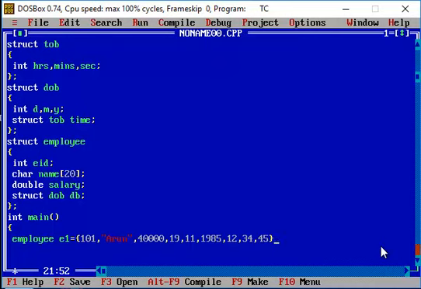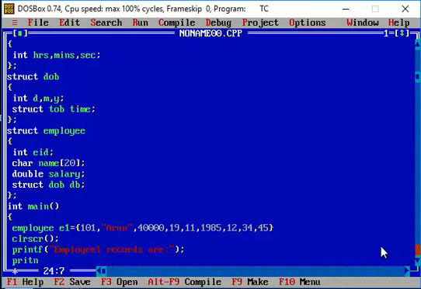And let's say for example I'm trying to retrieve these values. So let's say, using a printf statement, I'm displaying the employee record. So the employee is the first employee. Okay, so employee one records are like that. I'm just going to make use of the printf statement to display all these values.